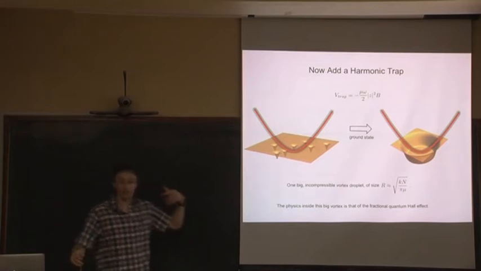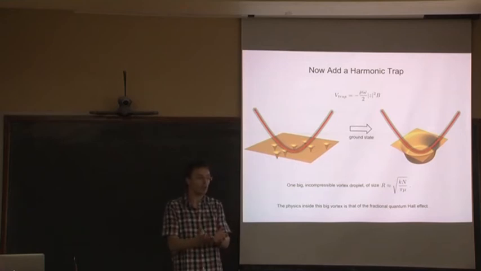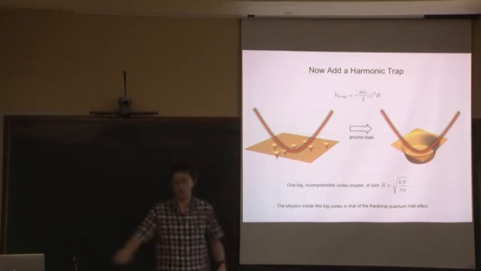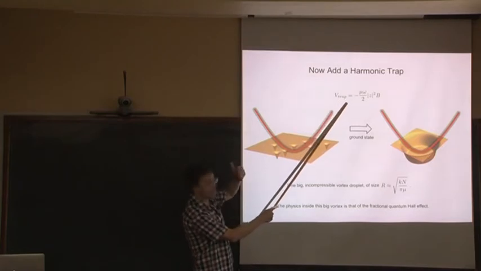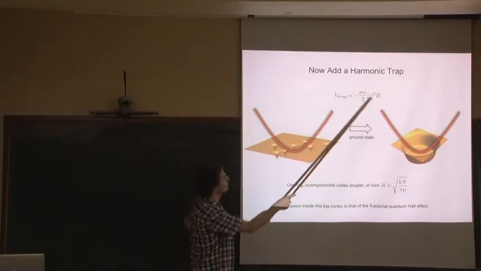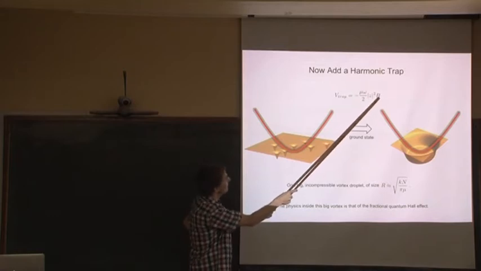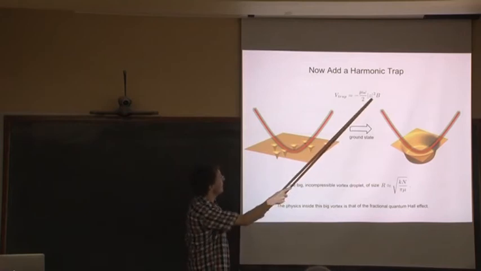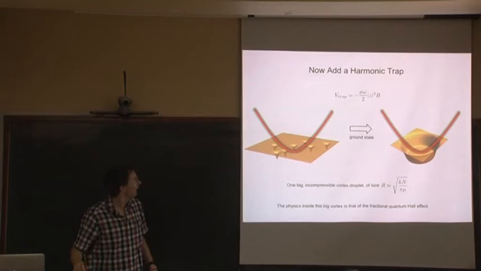So we go back to the original theory in 3 dimensions, and we're just going to add a harmonic trap which breaks translational invariance, and what it's going to do is just encourage all of these vortices to collect towards the origin. Okay. So the harmonic trap is very simple. You go back to your 3-dimensional Chern-Simons theory that we started with, and you add the following term to the action: mod z squared times B. It's pretty clear that if you have B, which the vortices carry, to lower the energy, now they want to head towards z equals 0.